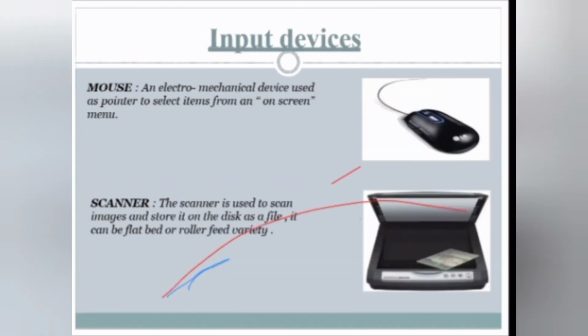The next one we have is the mouse. Without a mouse, we can't operate the computer, right? It is an electronic pointing device used to select items from one screen to another, and it maps the screen and moves accordingly where we operate. The second thing is the scanner. It helps us scan images which are stored in files or other devices. It will scan the images, and this is all about the input devices.